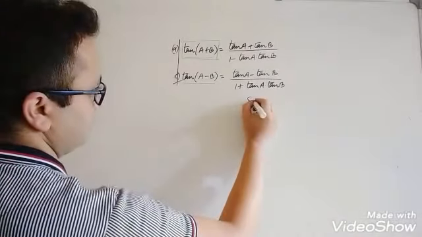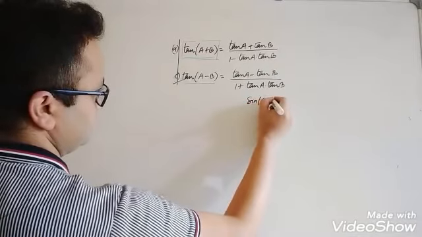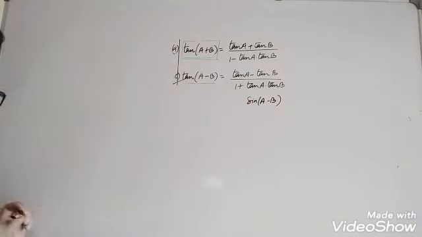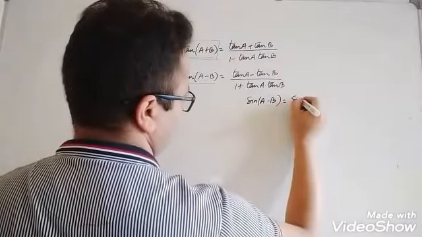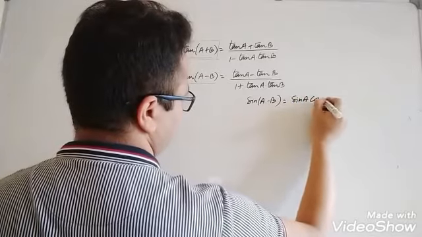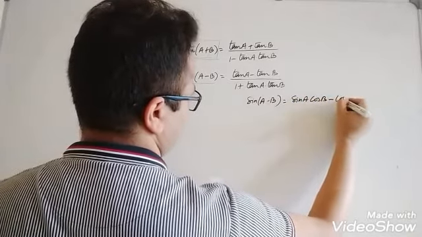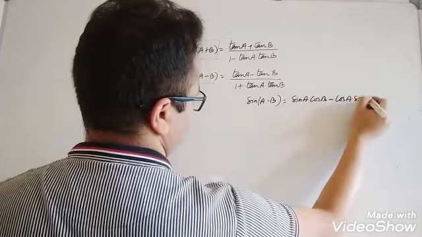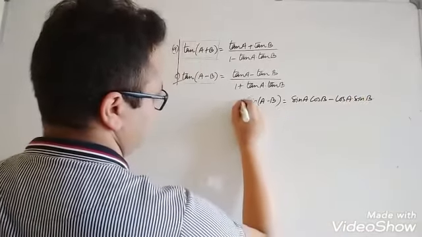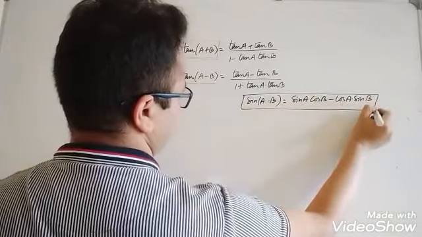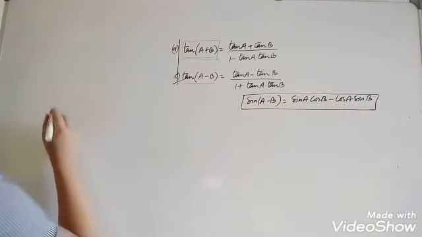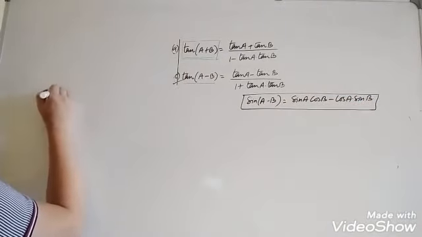What is the formula of sin(a - b)? Sin(a - b) is sin a cos b minus cos a sin b. Now let's take one example for this case. So the question is find